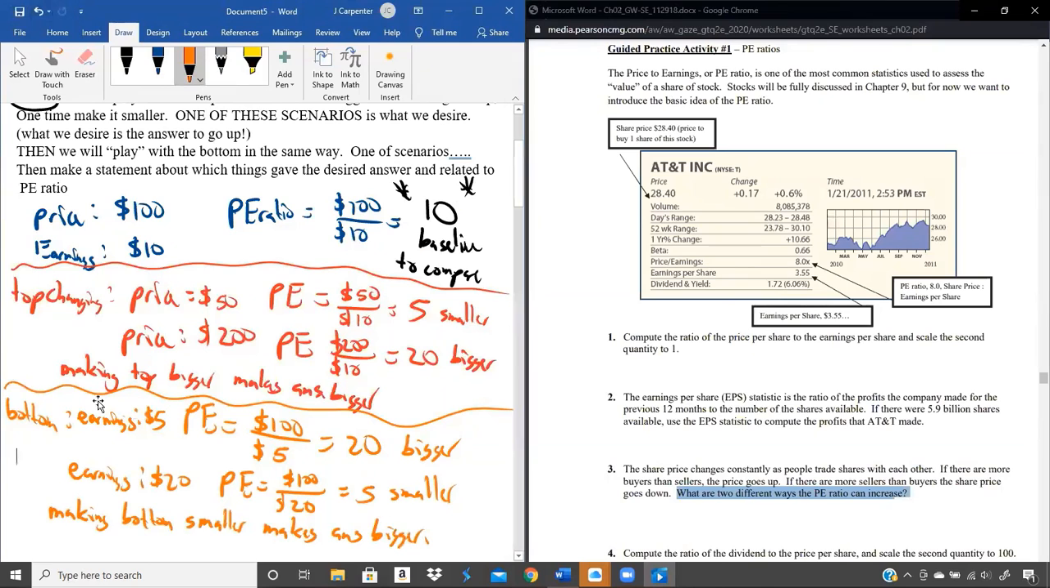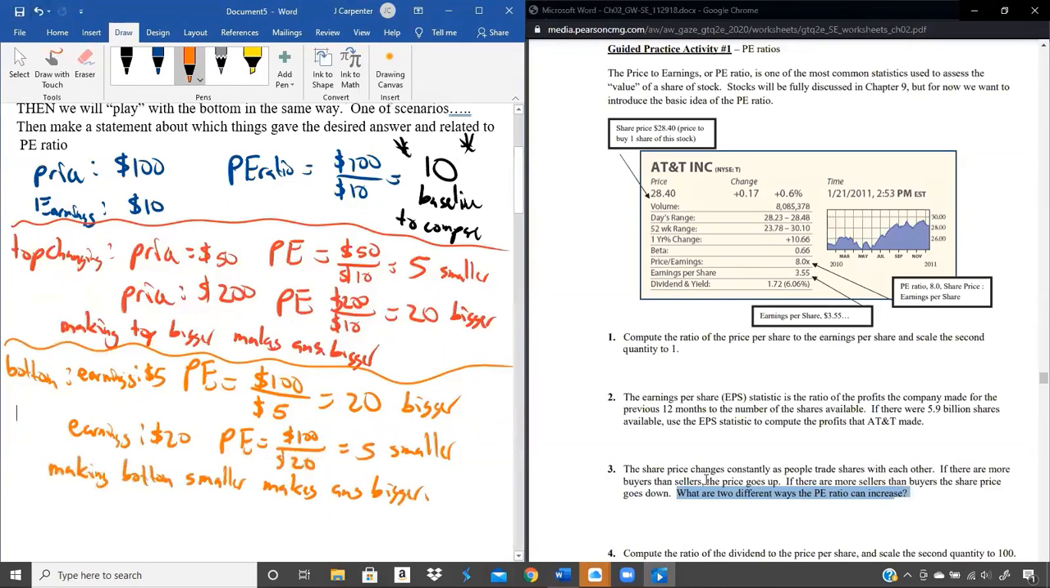Some people think we're done. We are not done. We have not actually answered the question, what are 2 different ways the PE ratio can increase? All we've done so far is say that making the top bigger makes the answer bigger, and making the bottom smaller makes the answer bigger. We need to use the appropriate words. We've got to be quantitative reasoning students. So what we say is,